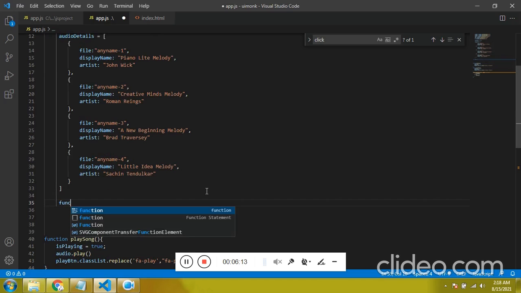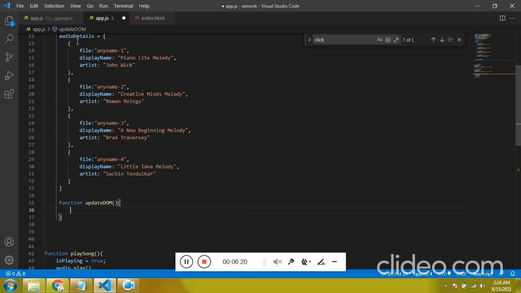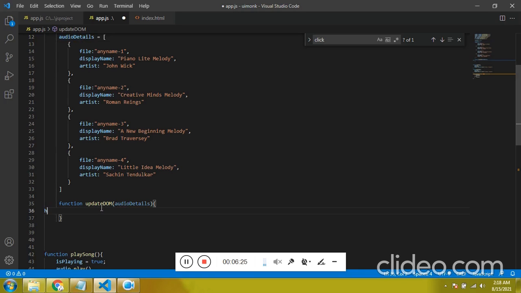So let's call this function update DOM, and it is going to accept the song array. So with this value, we have h1, we have h1.text content, h1.text content equal to the song. You can give this song itself, or just to avoid, no, we'll just give song itself. So you got the idea. The song is simply the array we have passed.